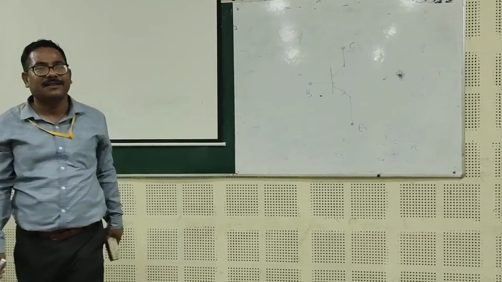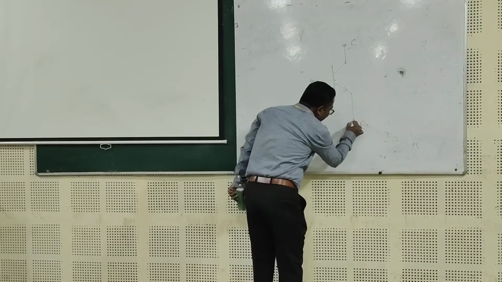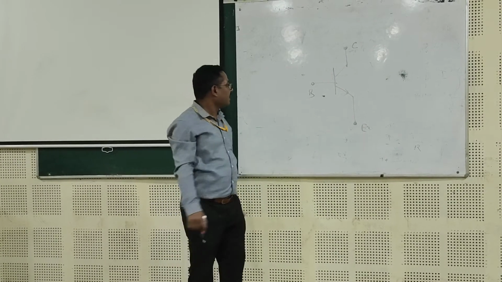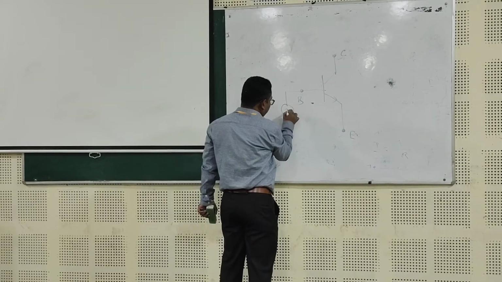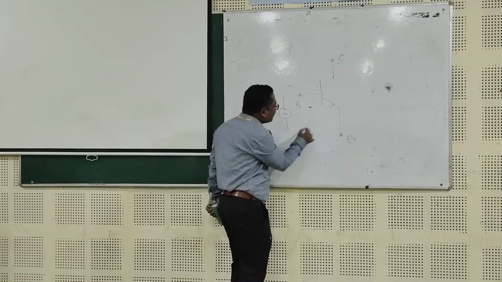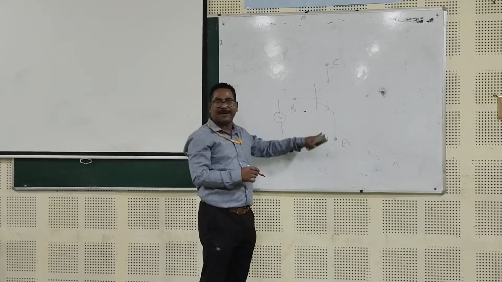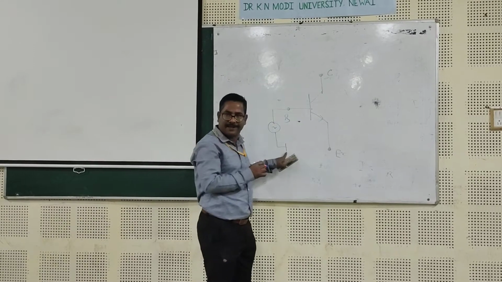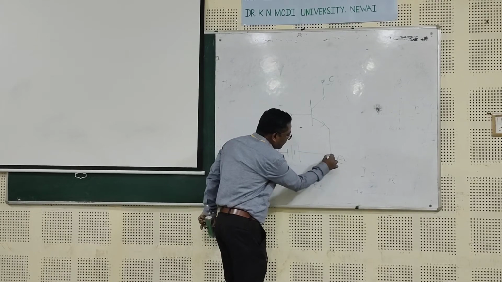But we require 4 terminals. Suppose we take the emitter as the common terminal for input and output. Say the input is given in this way, and there will be some biasing also. For an NPN transistor, the input circuit will be forward biased, so negative then positive, negative then positive. Do you follow or not?